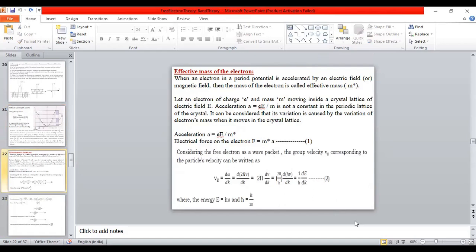So what is the effective mass of the electron? When an electron in a periodic potential is accelerated by an electric field or magnetic field, then the mass of the electron is called the effective mass. Because of the influence of electric or magnetic fields, the mass of the electron is different, and that is called effective mass. Then we say the electron acquired effective